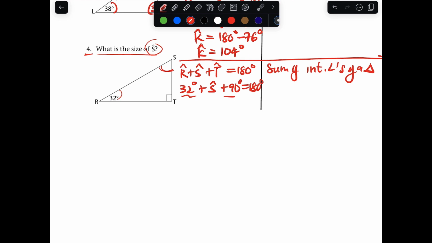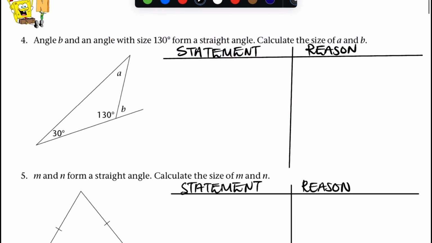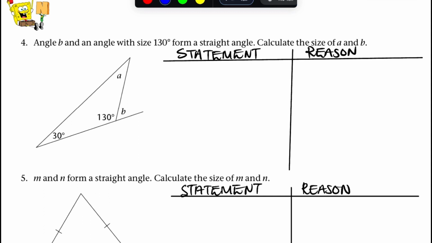And then we add the two. Angle S will be 180 minus the 122 degrees, so angle S is going to be 58 degrees. So this angle is 58 degrees. Okay, we have this triangle where surely you have an unknown interior angle and an unknown exterior angle. It says angle B and an angle with the size of